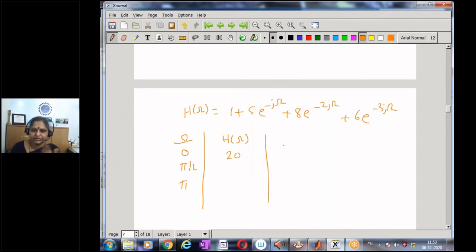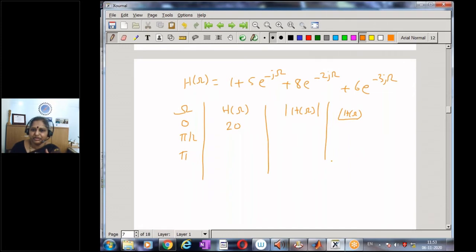And then I can convert it to magnitude form and the phase angle form, angle of H of omega. When I plot omega versus magnitude of H of omega, I will get the magnitude response. And when I plot omega versus angle of H of omega, I will get the phase response. So this is a way of doing it. I can vary omega for any range and take any intervals. This is, for example, just taking 4 values, and I try to get the result. This is one way of doing it.